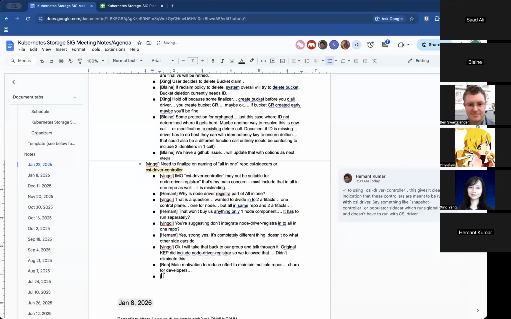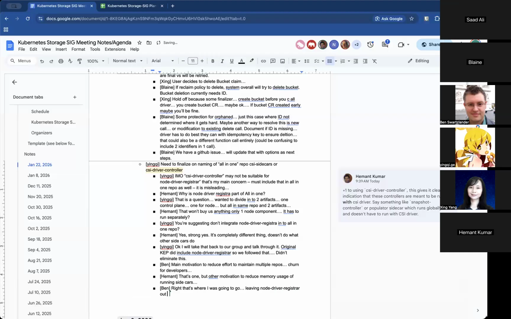That is one, but that's largely automated to some extent. One of the other motivations was to reduce the memory usage of running all the different sidecars, like the shared informer and all the stuff that's there. Leaving the node driver registrar out, it's not a sidecar, does not solve those other problems.